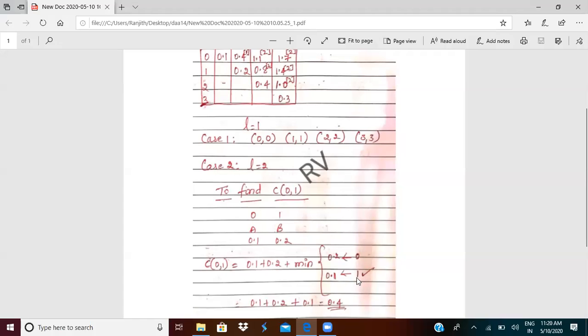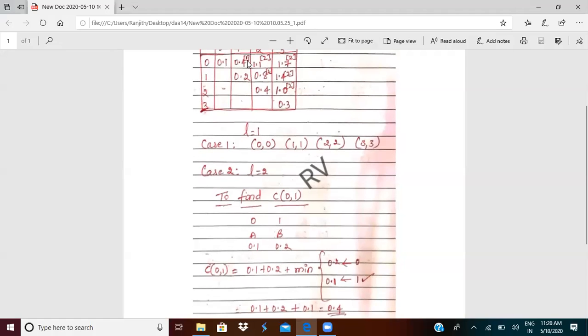And through what did I get 0.1? I got it with the help of value 1. Yes, sir. So that is what I've written here. If you see 0.4 superscript 1. Now I have to calculate this value 0.8. Now I'll fill in 0.4, whatever answer I've got, in this table.